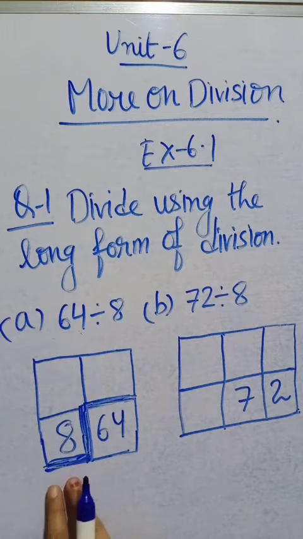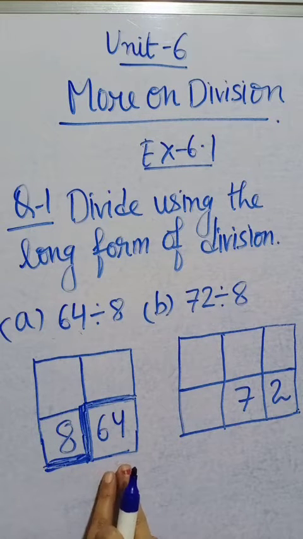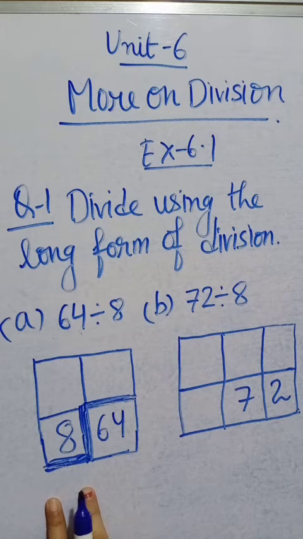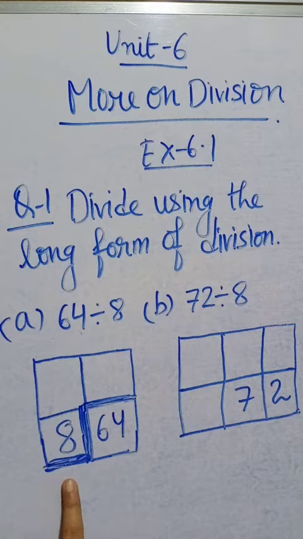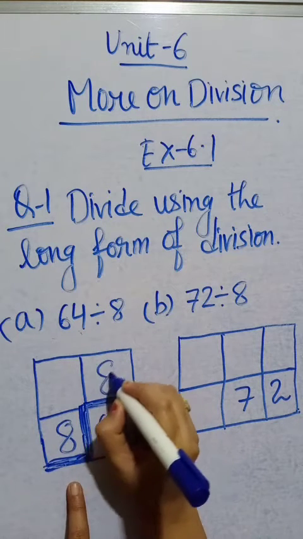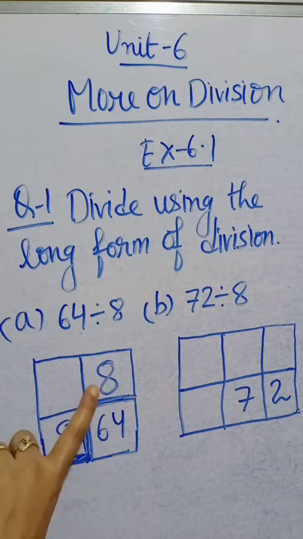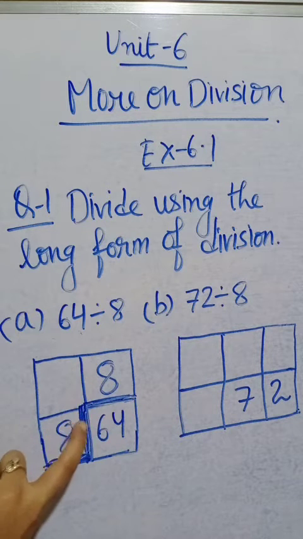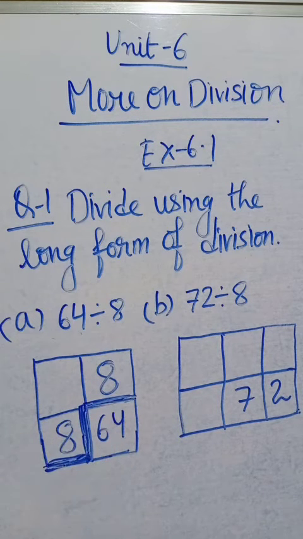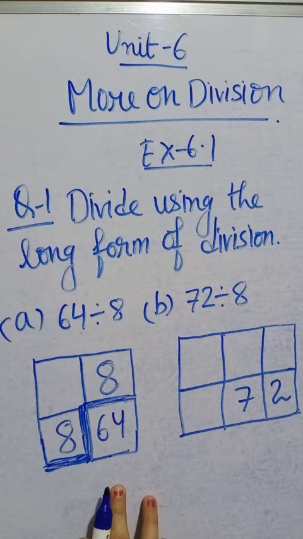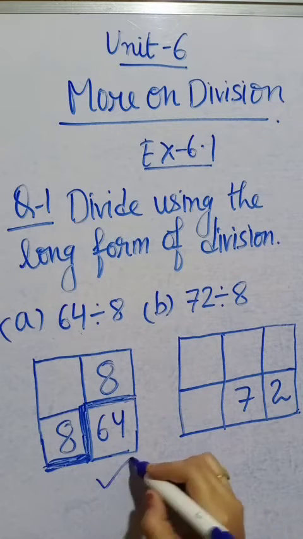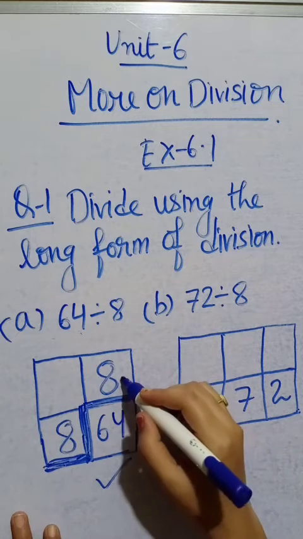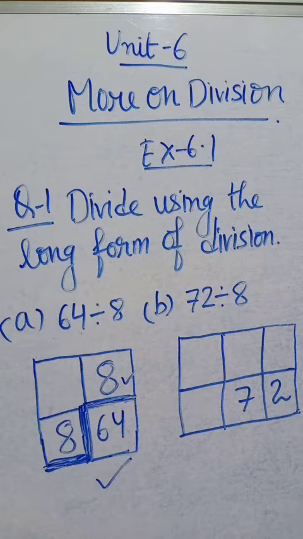You have to read the table of 8. Whenever 64 is inside the table of 8, that number you have to write in the place of the quotient, that is 8 8s are 64. So 8 will be written in this column, upon this line. This is the answer. In the first method of long division, you don't have to write the 64 again and you don't have to subtract it. You have found the quotient, so this is the answer.